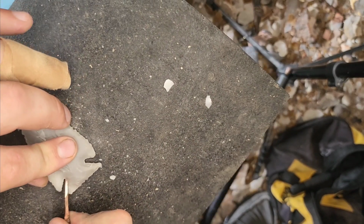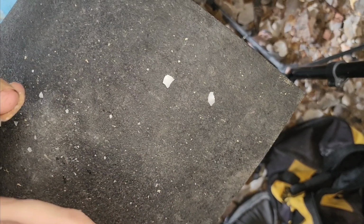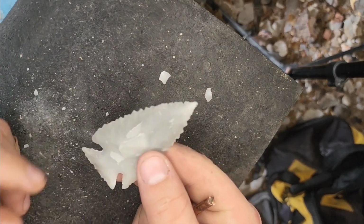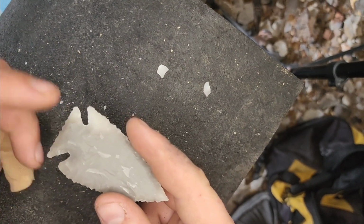So it turned out well. I wanted both the notches to look like this one, but unfortunately this one got blown out a little bit. So I'm going to have to do something